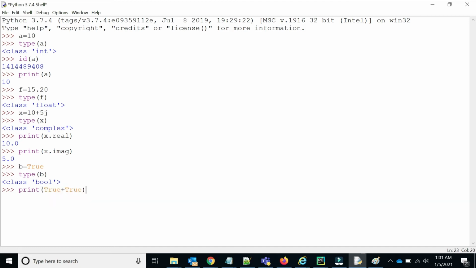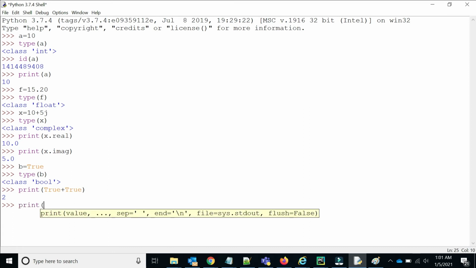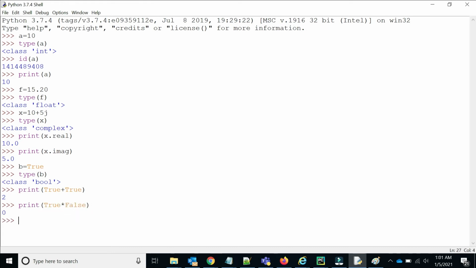True is 1, so 1 plus 1, that means the output will be 2. Same way, if you write print True into False, you'll get 0 because True is always represented as 1 and False is represented as 0.